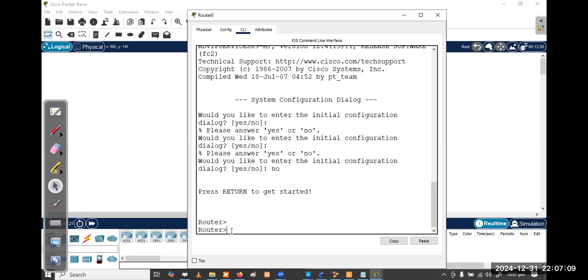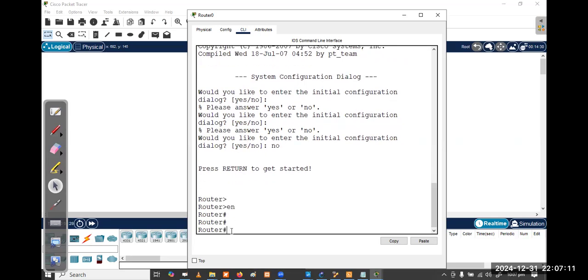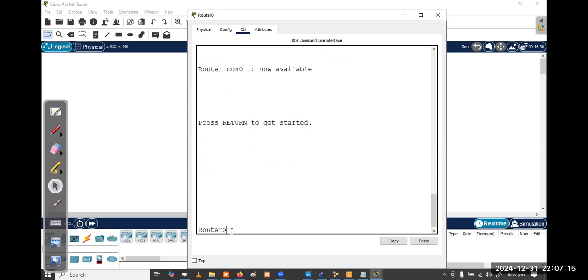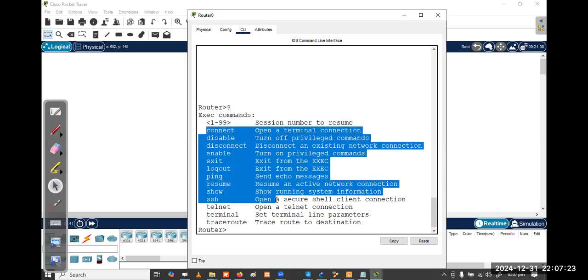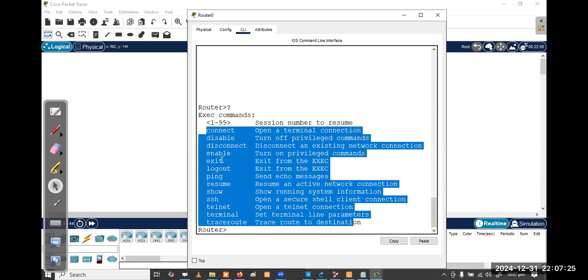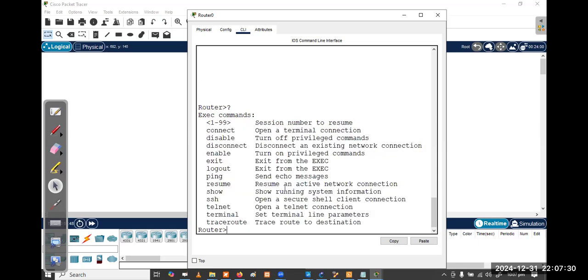This is called user exec mode. If you type enable, a certain number of commands we can execute here, right? If you click a question mark here, then it will list out all the commands we can use in this user mode. Among those commands, we can use enable to go to the next level, the next mode.